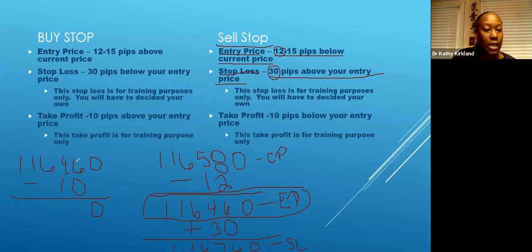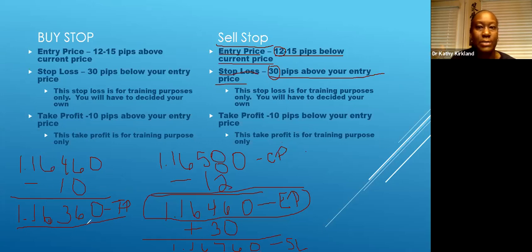So bring down my 0, 6 minus 0 is going to be 6. 4 minus 1 is 3. I'll bring down my 6, 1.1. So what will happen is your take profit is now 1.16360. And you will take this particular number and you will place it in your take profit spot. And that is how you will be able to